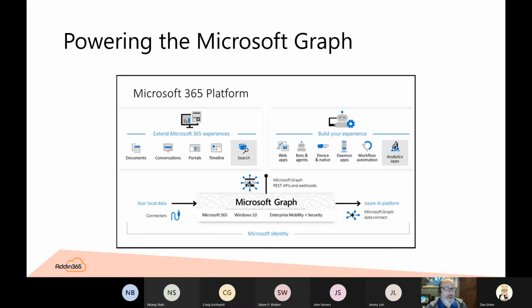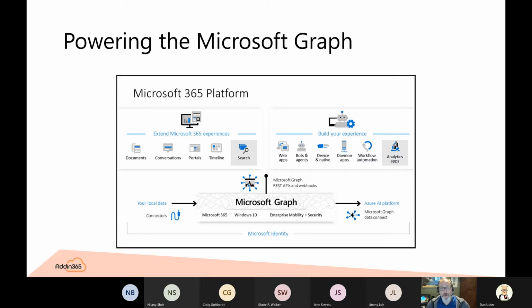But at the very top of this, or the next level up, is talking about Microsoft 365 experiences and your own experiences. I want to dive into that a little bit. When they say extending Microsoft 365 experiences, that means you are putting some custom code in an application written by Microsoft. For example, a SharePoint web part, or in the Office client applications, you can do the task pane on the right-hand side, or you have a bot that's interacting with the Microsoft Teams channel through the bot framework.